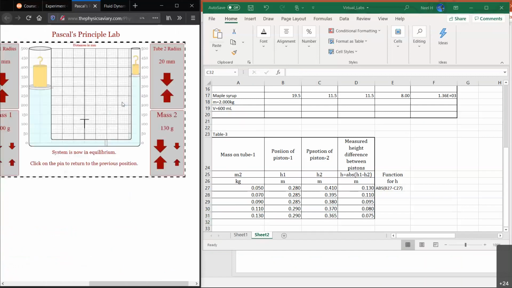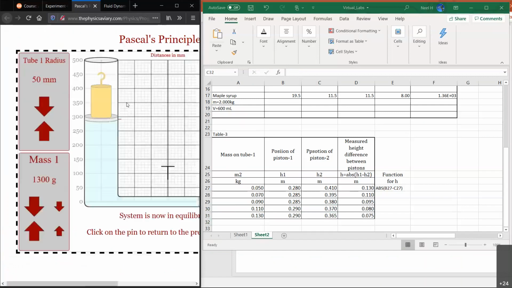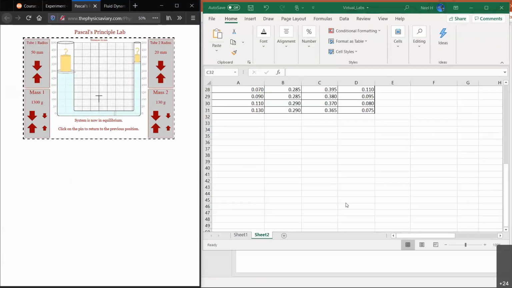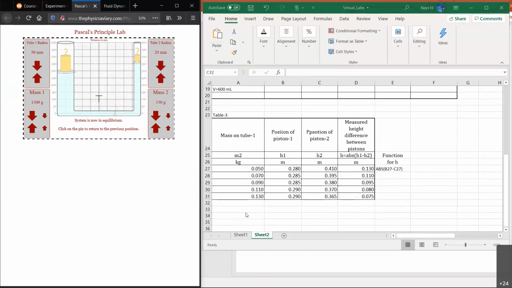Okay, see the advantage. So that's why using Excel is much easier and an advantage compared to your calculator. Now let's take a look at how to do table number 4. Table number 3, you have to name all of this table. Carefully name that. Now this is where we do analysis of the Pascal principle. You can say just Pascal principle analysis, and then let's make another table,